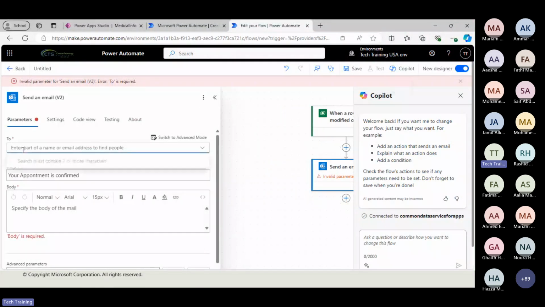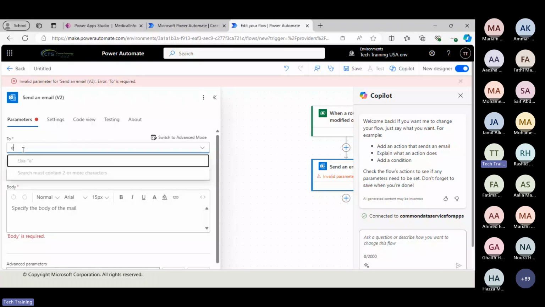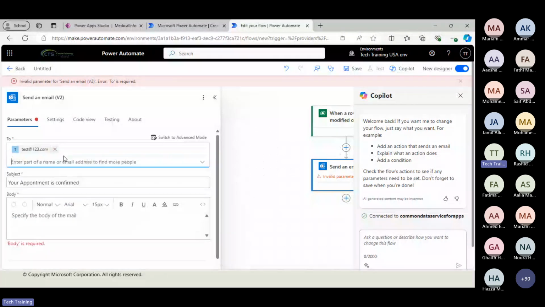Oh, the two, we didn't add the two. We'll just call it email, or add an email here. Let's add any email, test at 123.com. Now we have an issue here. The body is required. Dear